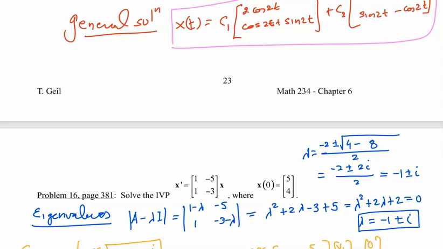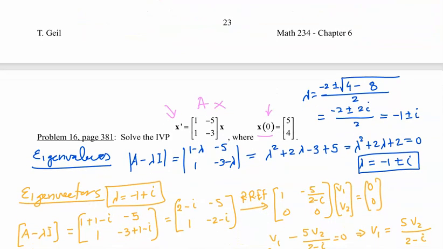Initial value problem. Again, x prime equals A times x, and x at t equals 0 is the vector with value 5 over 4. Now again, A is this, so I need to find the eigenvalues. So A minus lambda I, find the determinant, set it equal to 0, and find the